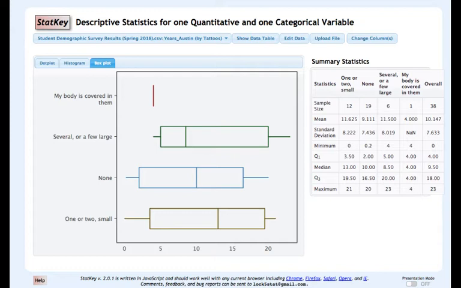Comparing these, one thing to keep in mind is that these categories are not necessarily ordered the way we would order them. My body is covered in them is on top, several or a few large is next, but then none comes before one or two small in this particular display, and yours may not look exactly the same as mine. And actually your boxes may look a little bit different also because this is one of those data sets